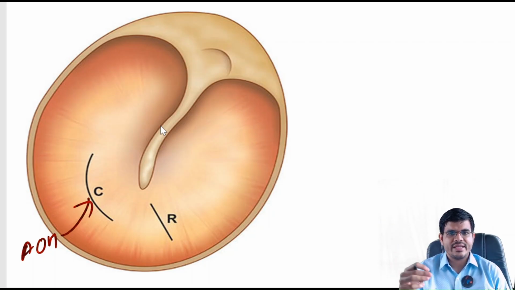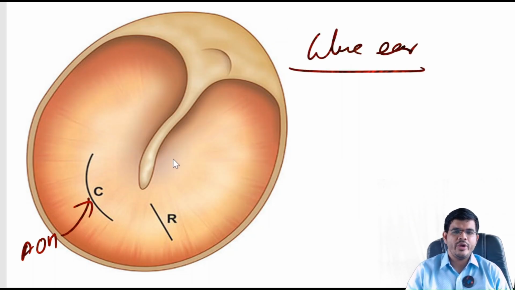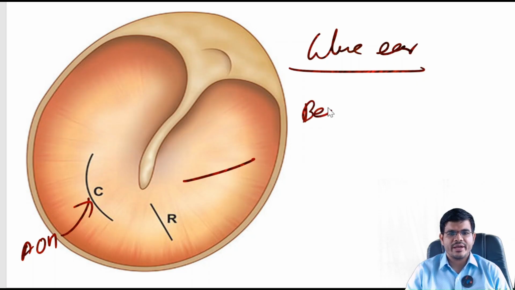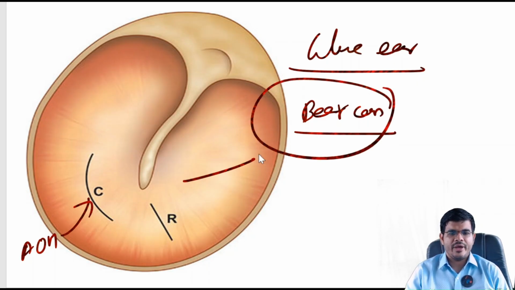if the fluid has thickened and formed a glue ear, in that case of glue ear, what will you do? In glue ear, you will put another incision in the anterosuperior quadrant like this. Okay, that is what is called the Bjerkan technique. And when you put an incision like that, air will enter the middle ear in and out through that second incision, and this air will push out the fluid within the middle ear. Okay, and that is what is happening in the Bjerkan technique. So this is another technique for removal of the fluid from the middle ear in case of